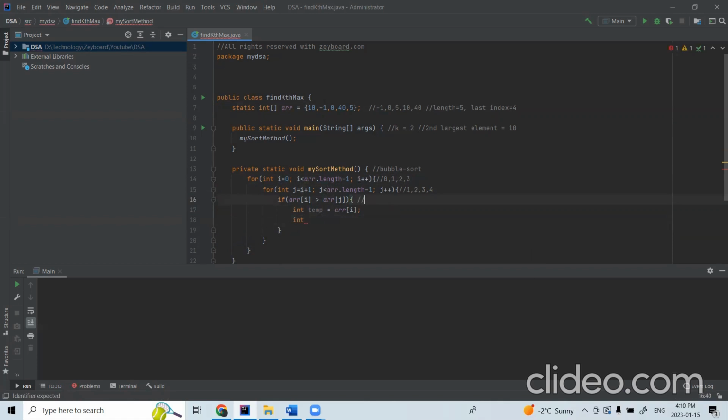We can also swap without using a third temp variable. We can also do that. Let me quickly write this. So we are first storing ARR of I inside temp, and then